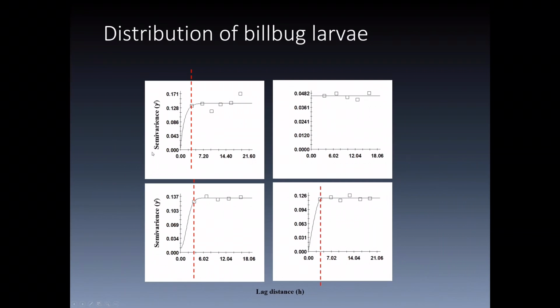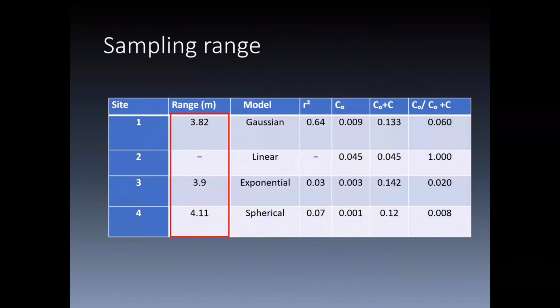I don't think we need to focus on those things. But the point here is that they are, at this range, about 4 to about 5 meters apart. That's how they are distributed, and that's something we should use if you go in the direction of sampling. So in this case, in one field we didn't see any aggregation, but in all 3 fields we saw an aggregation pattern for